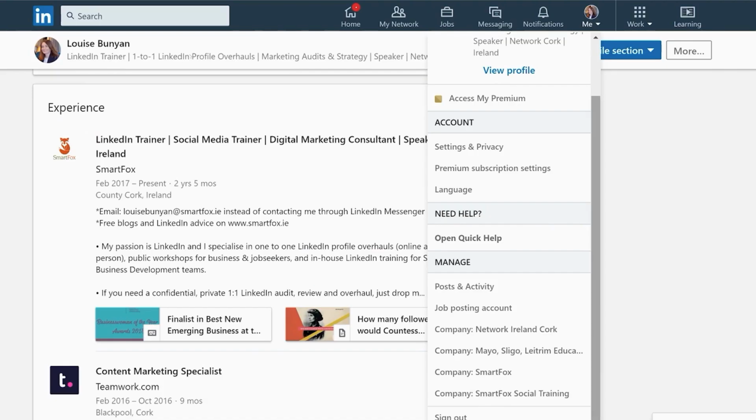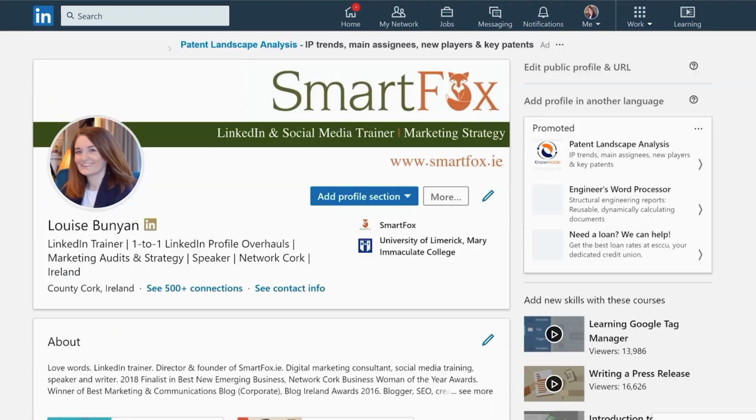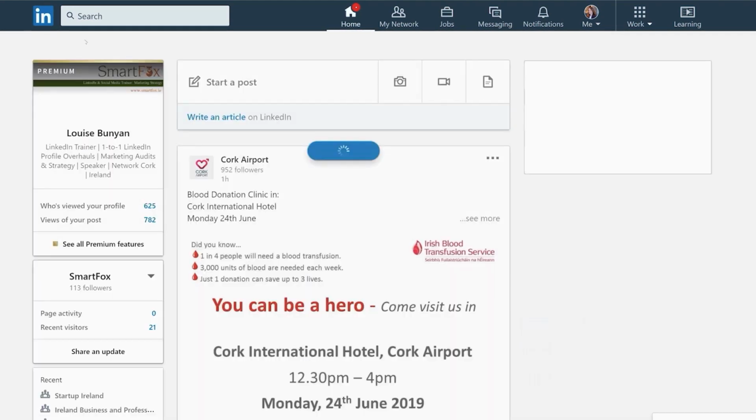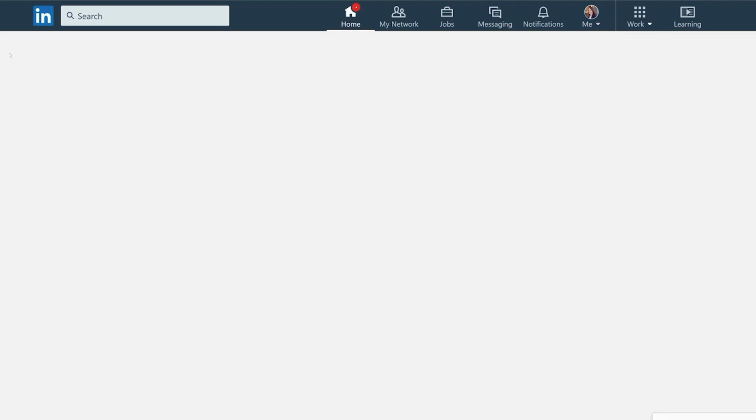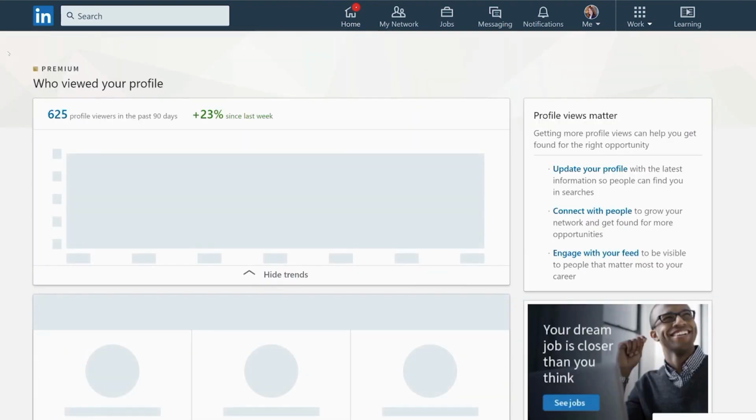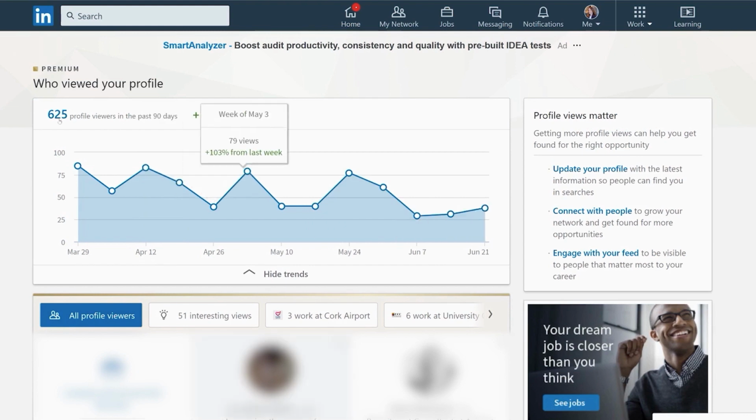So we'll pop into our LinkedIn page. And if you are on your home feed, over on the left hand side where it says who's viewed your profile, if you hover over that, that's clickable. So I have 625 and you click on that and you can see then who has viewed your LinkedIn profile.